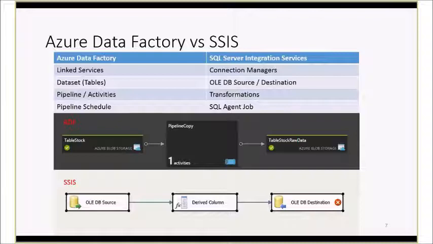Let's see. Okay. So I'll go a little deeper and compare and contrast SSIS, SQL Server Integration Services, versus Azure Data Factory. On your left-hand side, you see the Azure Data Factory object. On your right-hand side, you see the SQL Server Integration Services object. For instance, the linked services. In SQL Server Integration Services, we call them connection managers. Whatever you think about connection managers is applicable for the linked services. Each time you need to connect to a server, you need to type your connection string. That's the idea. Datasets or tables, you can think about them as OLEDB sources or destinations in your SQL Server